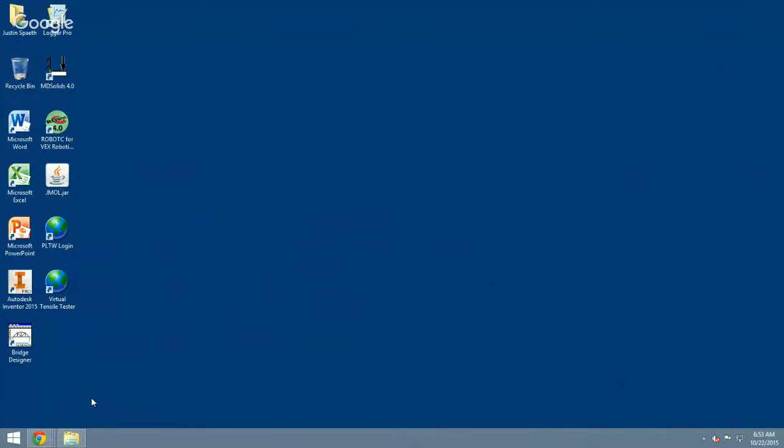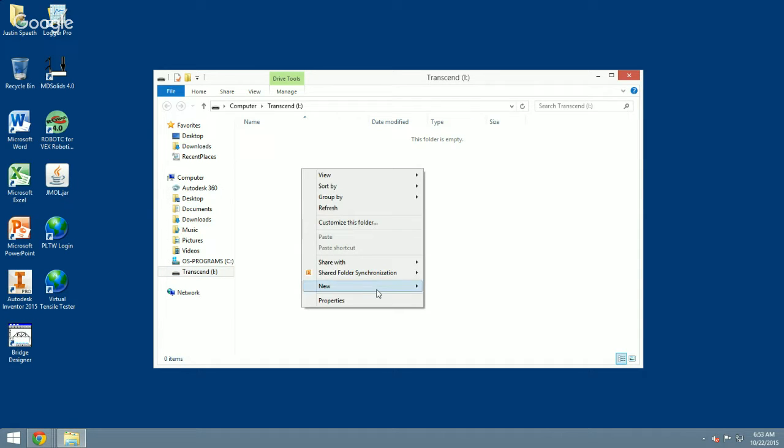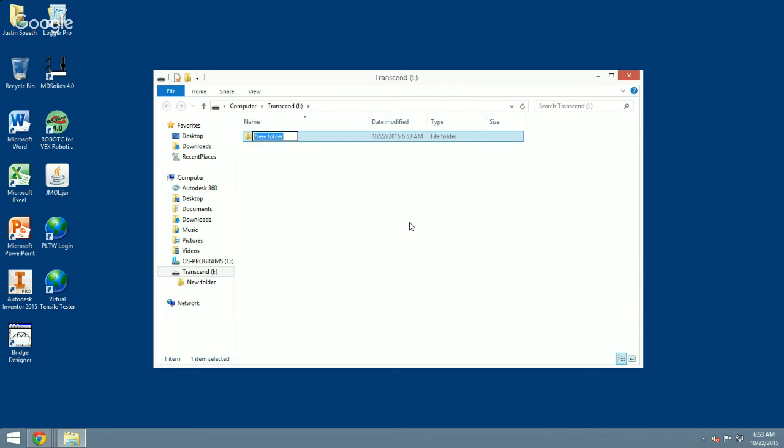Okay, so what popped up was this screen right here. This is called Transcend. This is our thumb drive, okay? So I want to put a folder on there. I want to right-click, go to New Folder, and then let's just put down Puzzle Cube, okay? So what I want to make sure is that we all have the same names right here, as well as don't change this Transcend at all to, I don't know, Mr. Pickles or something like that,